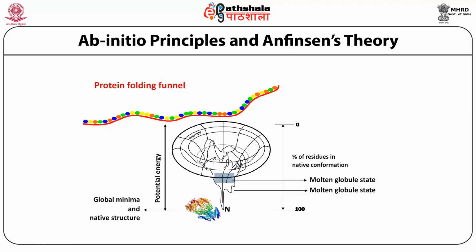Thereby, you see the protein sequence at the very top, intermediates in between, which are called the molten globule state, and the well folded protein or the global minima, which is very close to the native